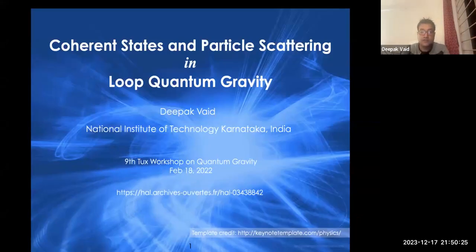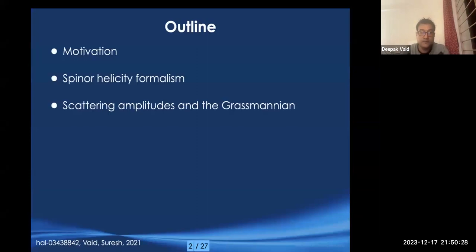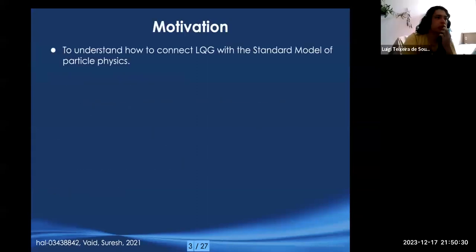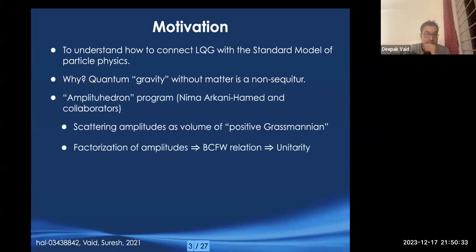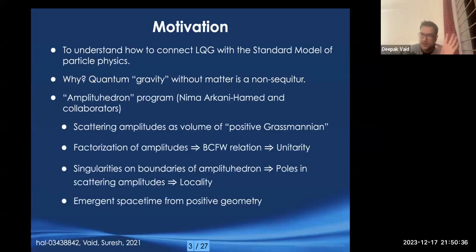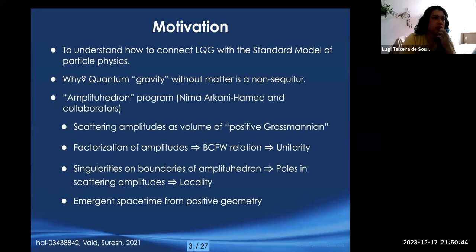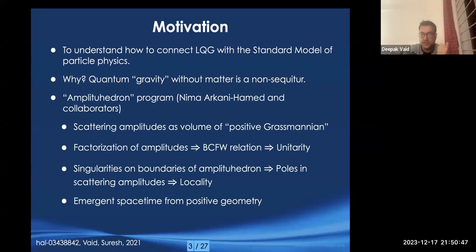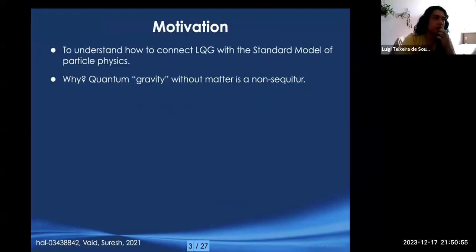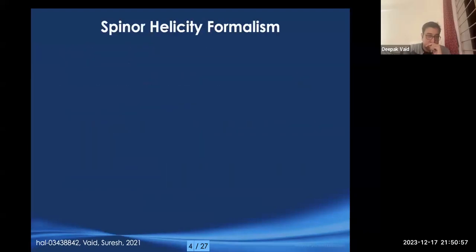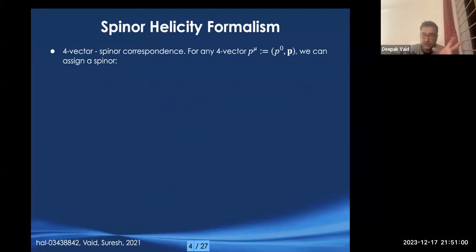So this is the coherent states and particles standard. Shall I skip all of these preliminaries? If you want, I can talk more about it. For now, I'll skip these preliminaries, because we both agree that there is a need for relating loop quantum gravity to particle physics. So what do I do in this paper? What are these coherent states that I construct?